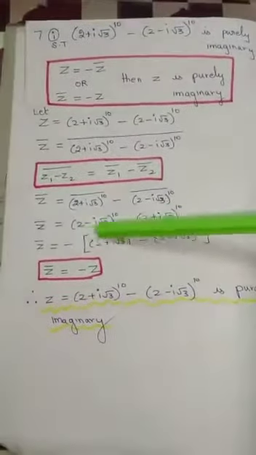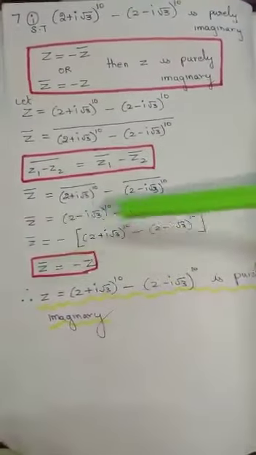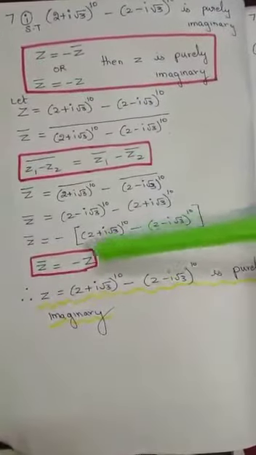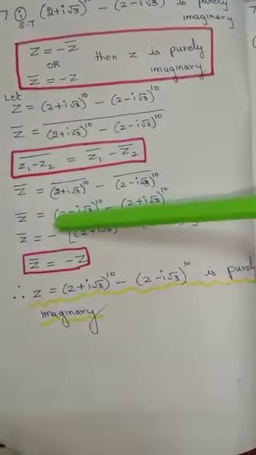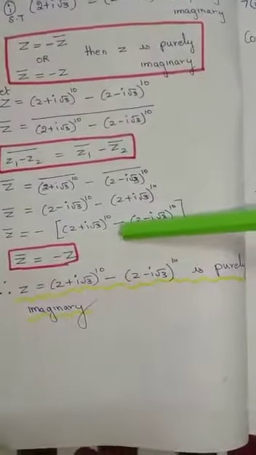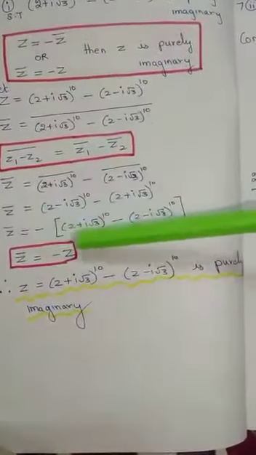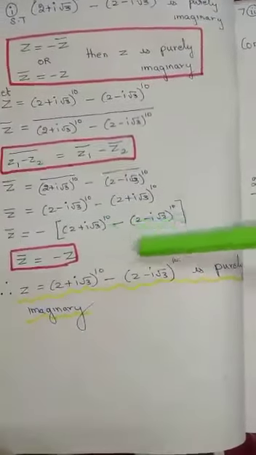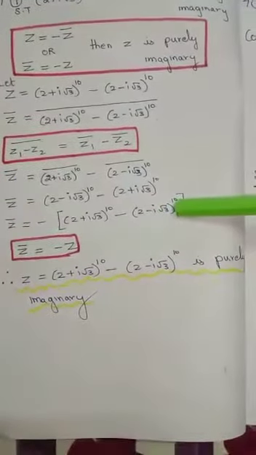Okay. Now from this term, let us take the minus sign common. If I take the minus sign common, let me write the first term as (2 + i√3)^10. Since I have the positive term (2 − i√3)^10, I have to write a minus here. Then only minus into minus will give plus. So here I put a minus sign. Then I write (2 − i√3)^10.